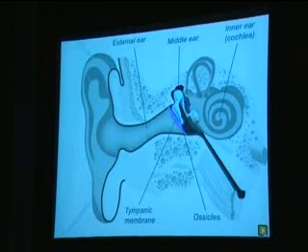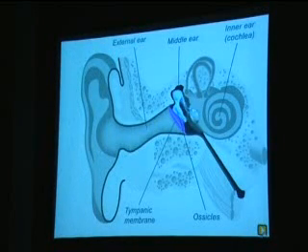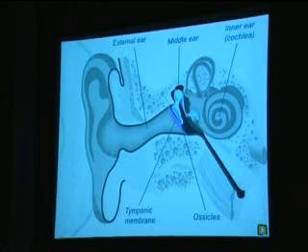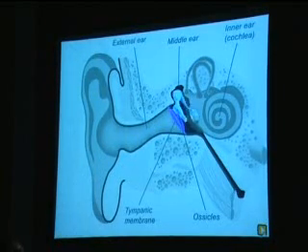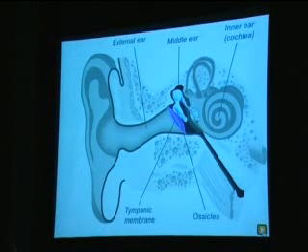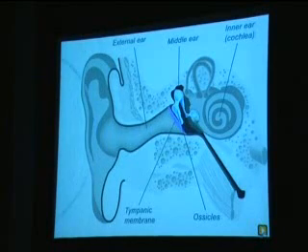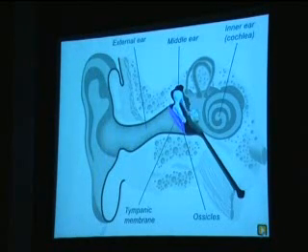Okay, so now one second. So as you can see here, the sound waves are coming in, and the pinna actually captures them and then passes them on. And these are the 3 smallest bones in the body, and you can see, just like a house bell, it is falling on the tympanic membrane here and vibrating it, and then this is causing waves which will then fall onto